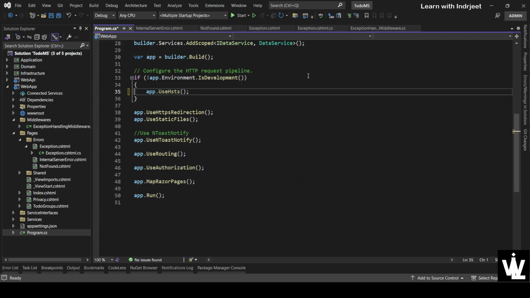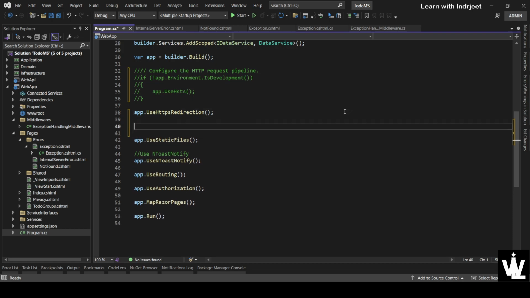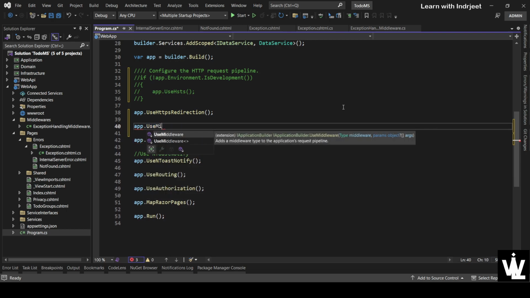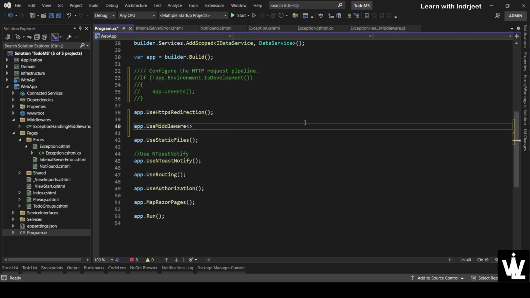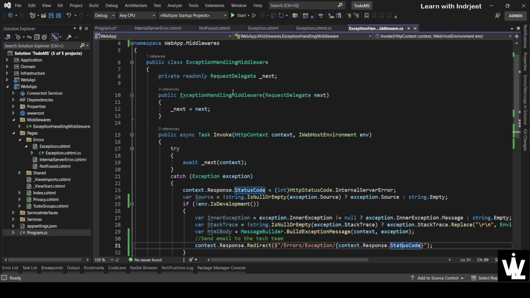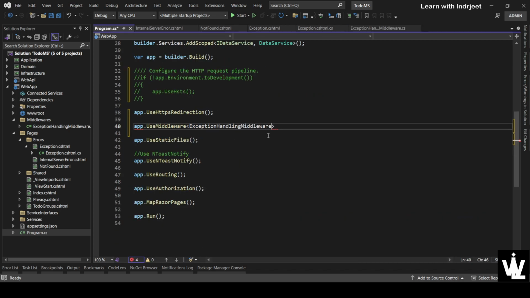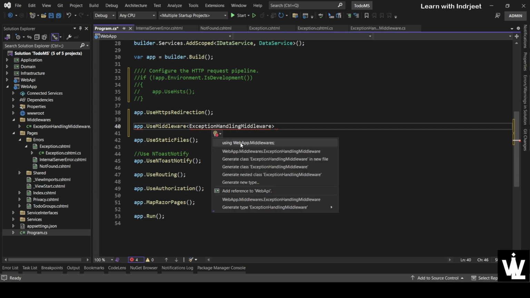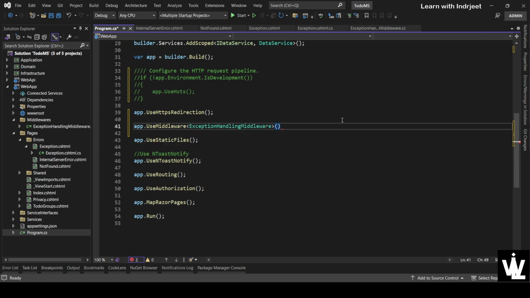Okay, so now in the program.cs pipeline, we want to remove these two lines because we are not going to use those, and let's comment out these. And just after the redirection, we want to use middleware, this one. The name is exception handling middleware, that is this one. So copy that, and it is coming from the web app middlewares. First thing is this, and then